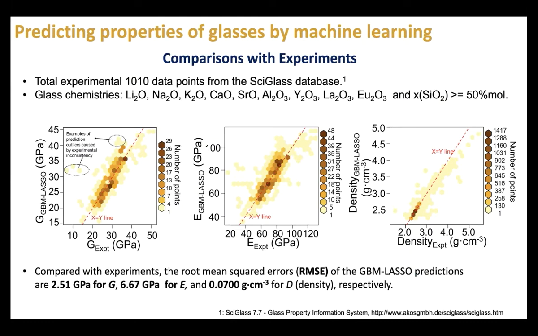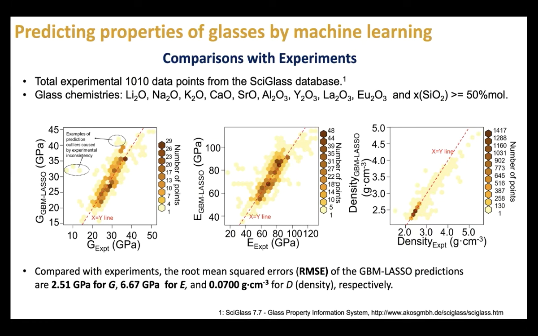We found that for those outliers, our machine learning predictions are consistent with one group of people but not consistent with another group's measurements. So it's highly likely our machine learning and some experimenters are correct, but other experimenters are wrong, depending on different reasons. If we remove these obvious outliers, we found that our accuracy is still about 10% compared with